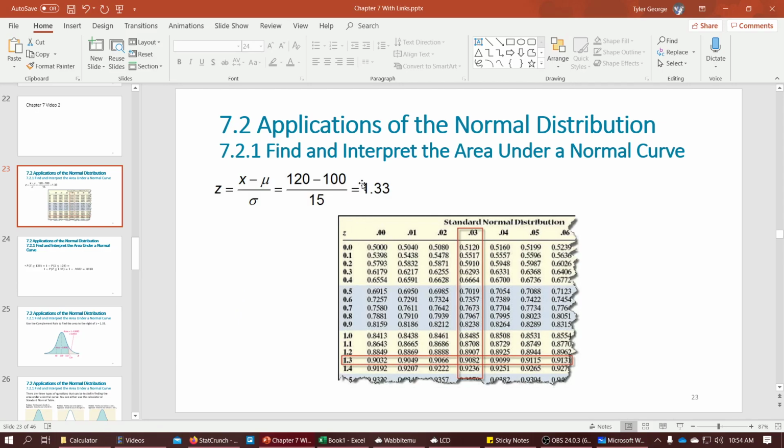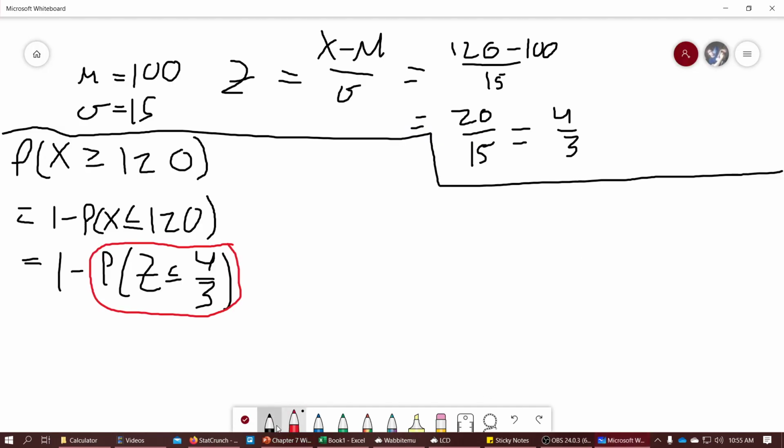So you find the first number in the first decimal on the left side, where notice it says Z in the corner, and then you find the second decimal at the top, and you find the intersection of that row and column, and it says 0.9082. Okay, so switching back here, so then this entire thing is equal to 1 minus, you still need the 1 minus 0.9082. Now doing this subtraction, we get,